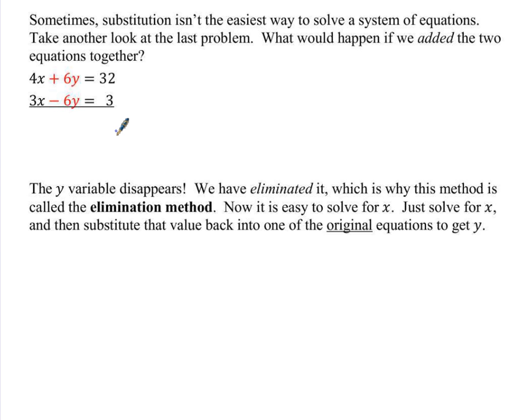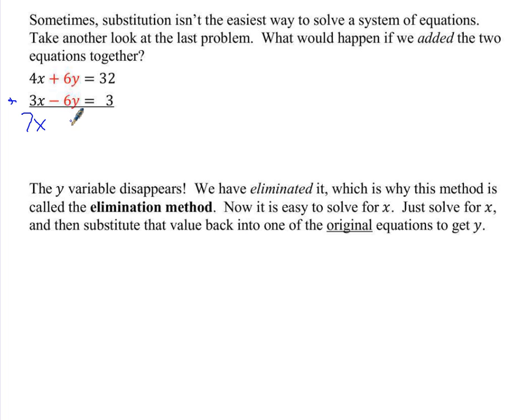So what would happen if we added these two equations together? Just like if I had like 54 plus 22, and I drew a line, and I added the two equations together. Well, I have 4x plus 3x, which gives me what? 7x. Then I have this 6y and this negative 6y. If I add those two, what do I get? What's negative 6 plus 6? 0. So I get 0y. What is 0 times y? 0. So these guys add